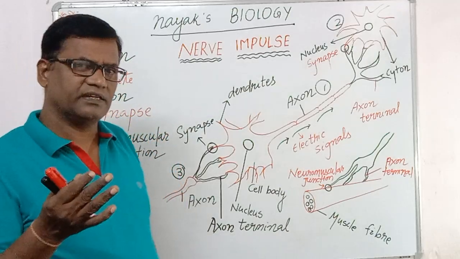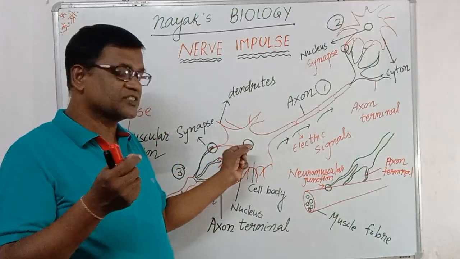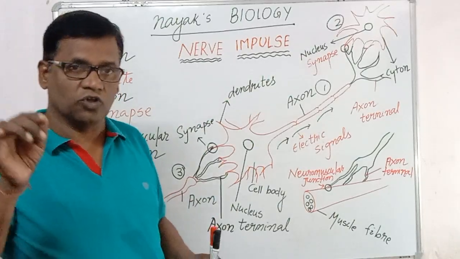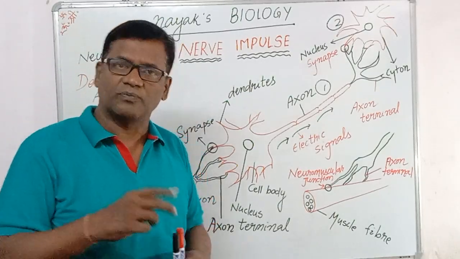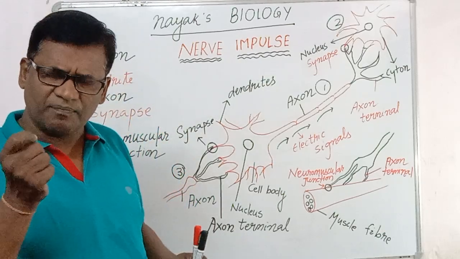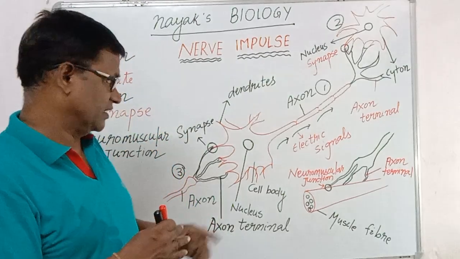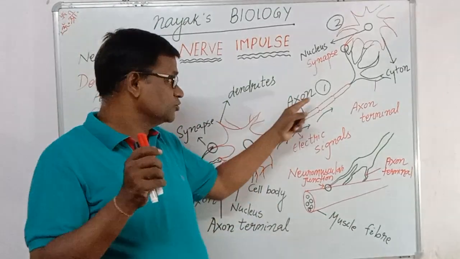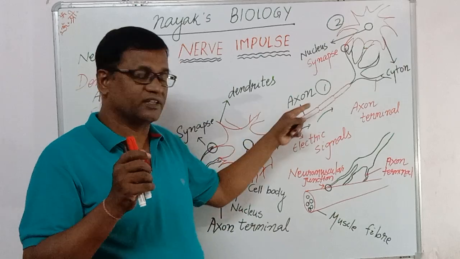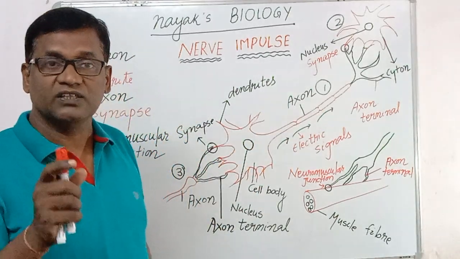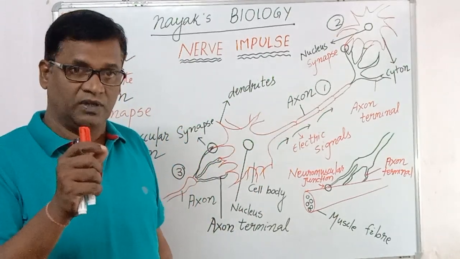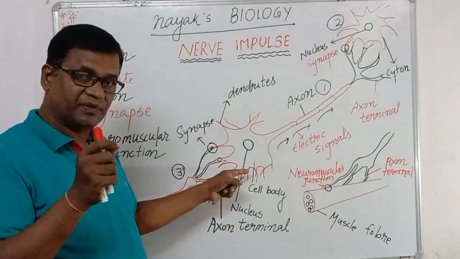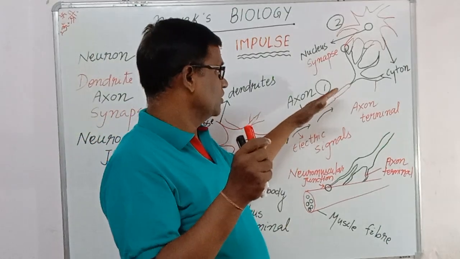What is this electrical and chemical change? Electrical means a small electric current. In our house, everyone has connections, and when we turn on the switch, the fan or bulb runs. In the same way, a very small potential difference works here, which we call electrical. And there are two ions responsible for the movement of the nerve impulse, sodium and potassium. Sodium and potassium are the two ions which help to develop the impulse, carry the impulse and